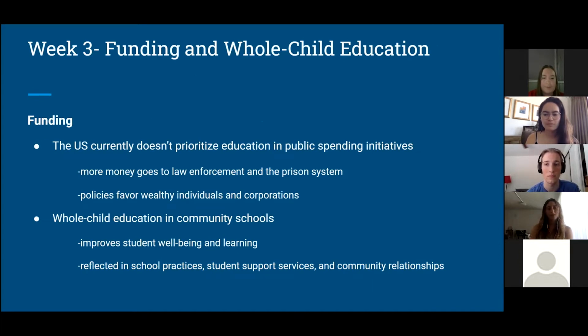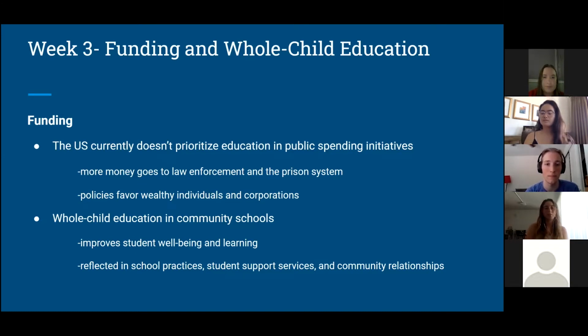And next, there were a couple themes that stood out during week 3. The first one was funding. The U.S. currently doesn't prioritize education in its public spending initiatives, and that was shown through an activity that we were able to access that showed that more money goes to law enforcement and the prison system than it does to education, and that policies generally favor wealthy individuals and corporations, and that there should be a shift in thinking